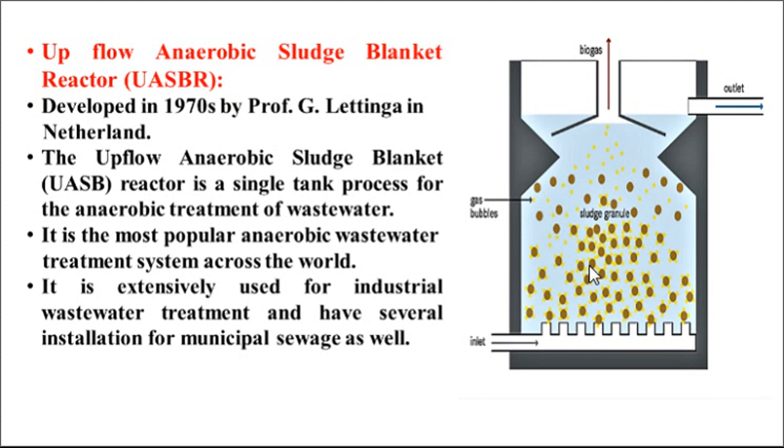So, this is a sketch of a UASB reactor in which the wastewater is applied to the reactor from the bottom. Here there is a bed of sludge, and in this bed the treatment of wastewater takes place by the anaerobic bacteria. Then the gas bubbles flow in an upward direction, and the gas is collected by this pipe, and the other floating material is taken out through this outlet.